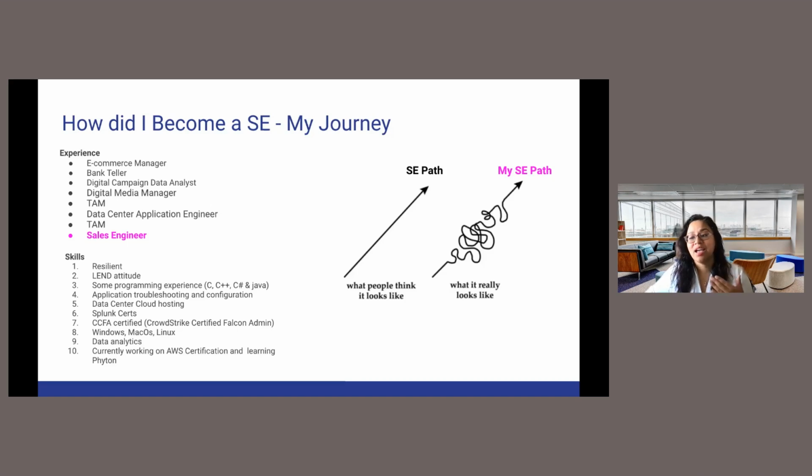I always have my LEN attitude as part of my skill. What does LEN stand for? It stands for listening, expressing, negotiating, and do. This specific acronym has stuck with me forever, and I bring it as part of my skill set because, yes,